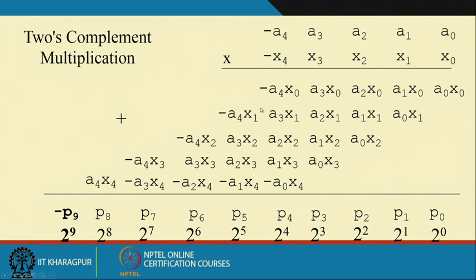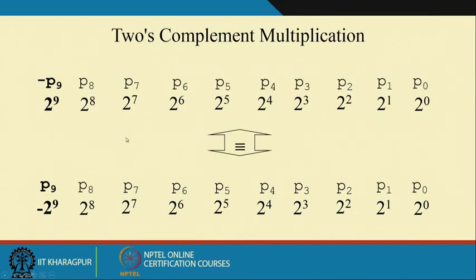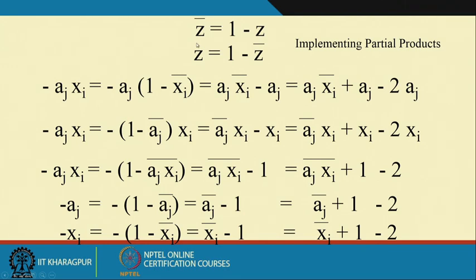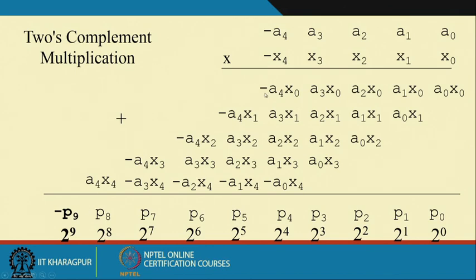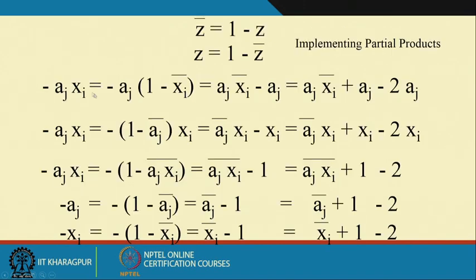Okay. So, what is the technique to represent this particular bit? If we follow this Boolean algebra, at that time I can write z bar equals 1 minus z, or z equals 1 minus z bar. Now for this particular case, whenever I am getting minus A4 x0,